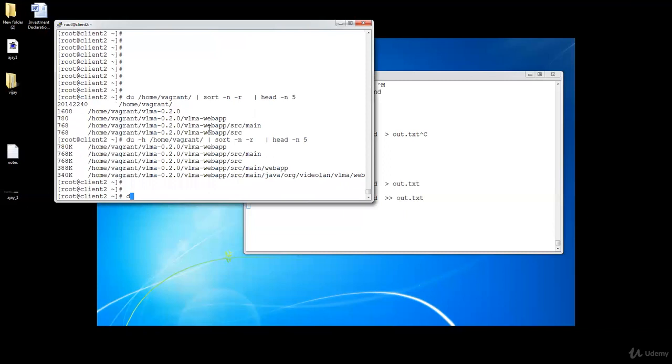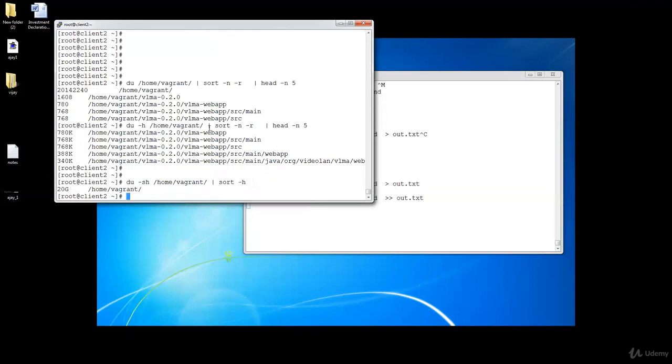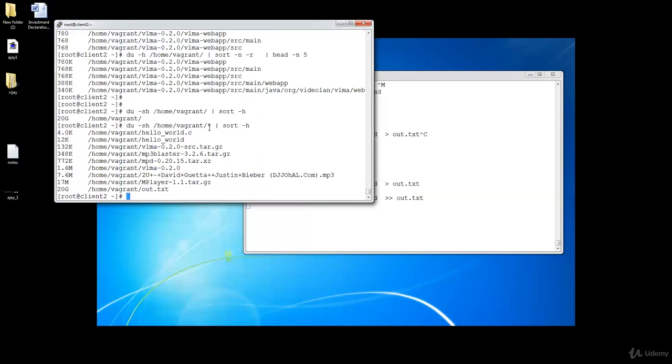So we'll say du -sh for /home/vagrant, and we'll say here sort -h. So let's give here an asterisk for all files. See here, now it's showing us in descending order, smallest and the major.